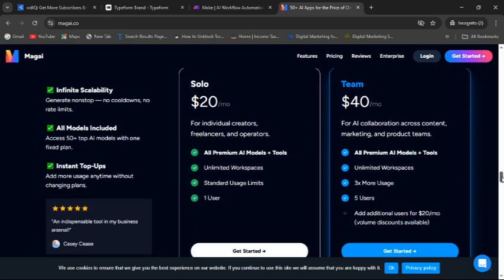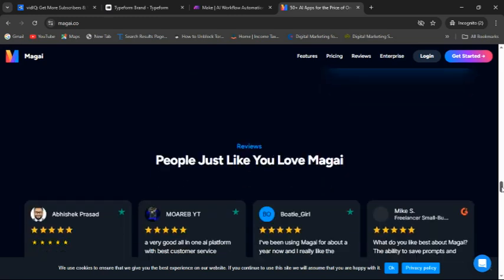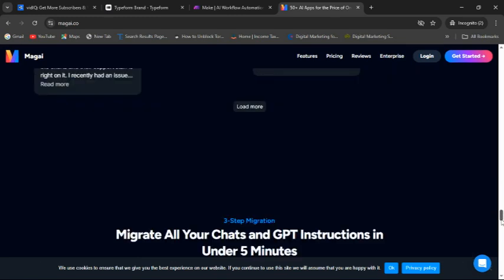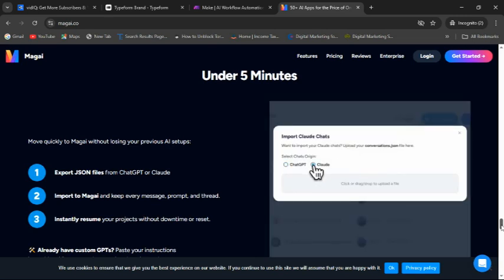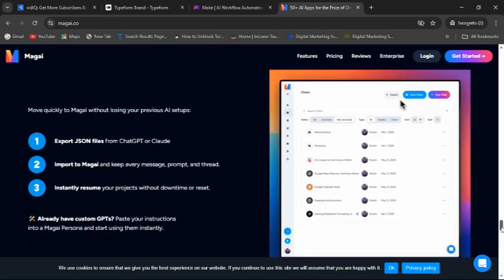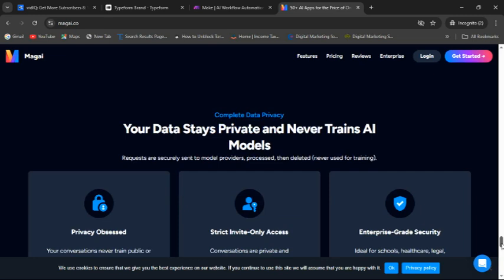You can use it after payment, and you get lots of features in the paid tool. You can see that you can easily import a ChatGPT. You can see that